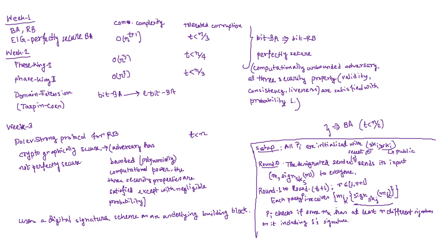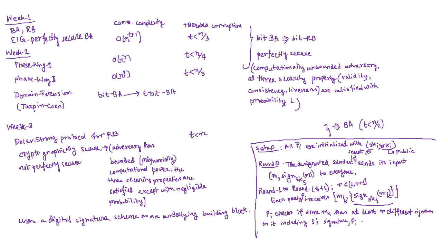As I already said, for each message received there is a list of signatures corresponding to it. And if some message has been received in the rth round with at least r different signatures on it, including the sender signature, then